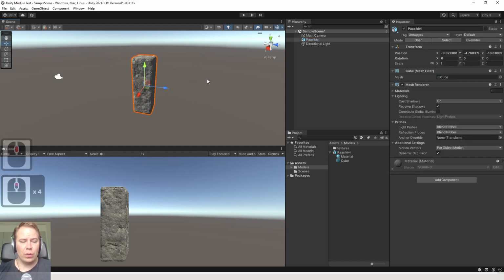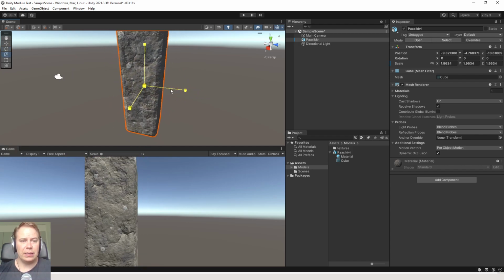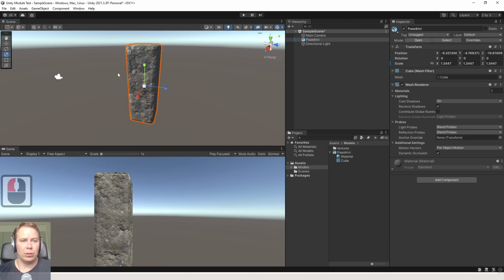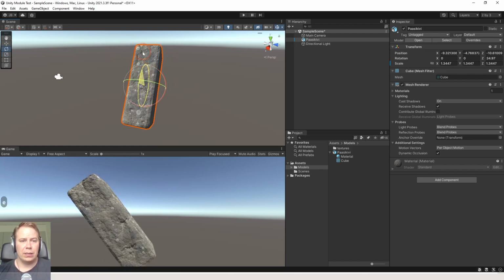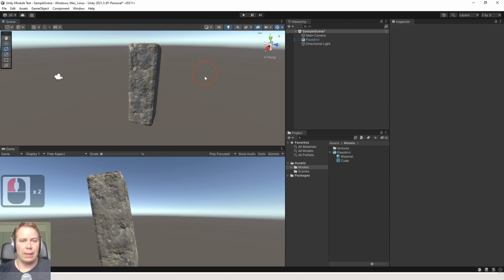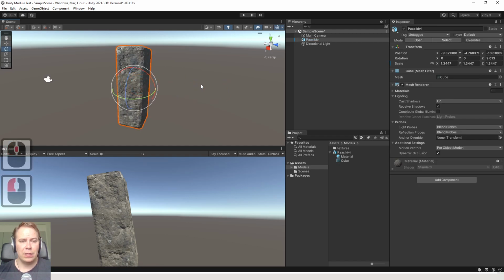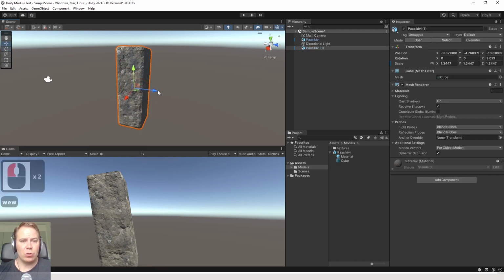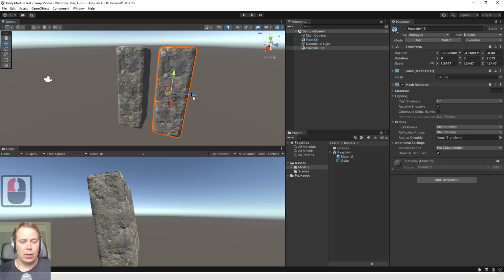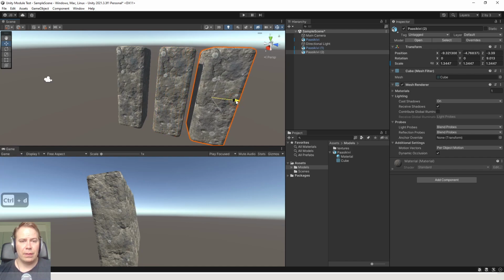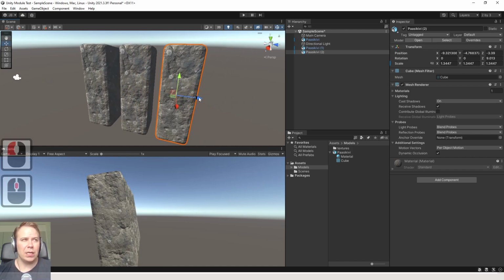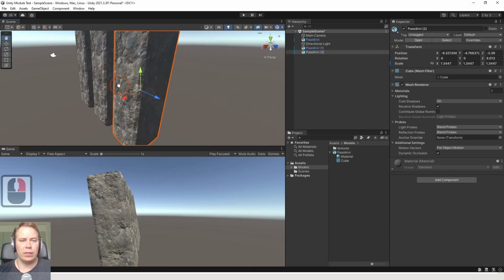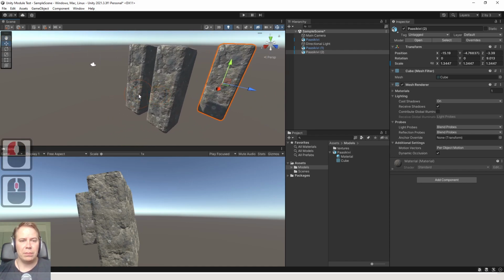Of course, you are able to modify the size here like this, and you are able to rotate it as well. So that's very efficient. If you want to create more of these, you can just Control D. I think it was Shift D in Blender side, but Control D here, so you can create many of these